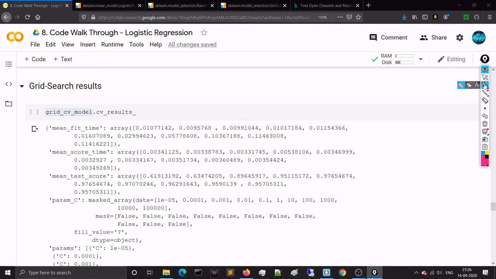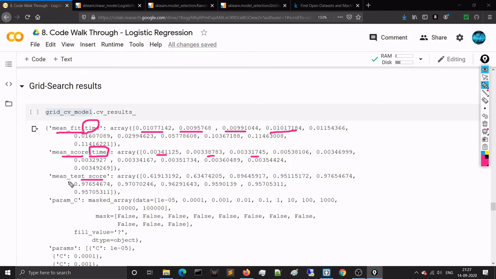If you go through this CV result, it will show you the average fit timing for all the models, because for all the hyperparameters C or lambda, it is training the model, right? So what is the average time for fitting? This is the average scoring time, that is the inference time. This is the training time.